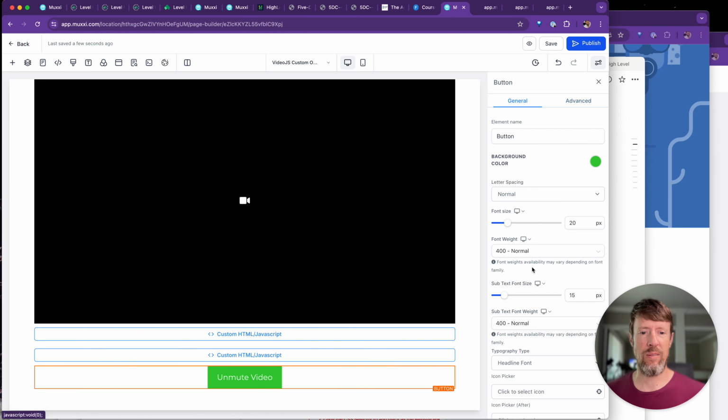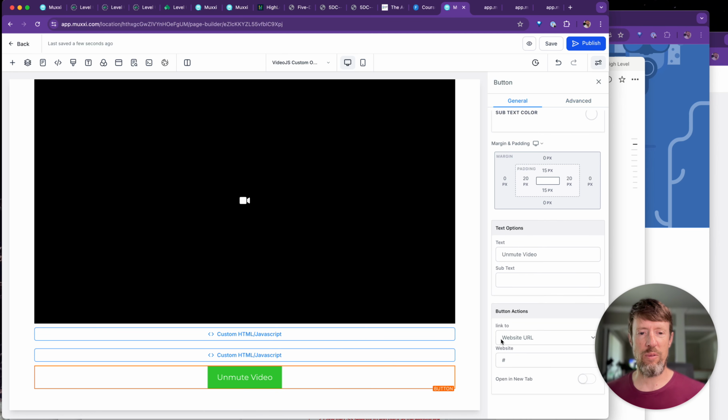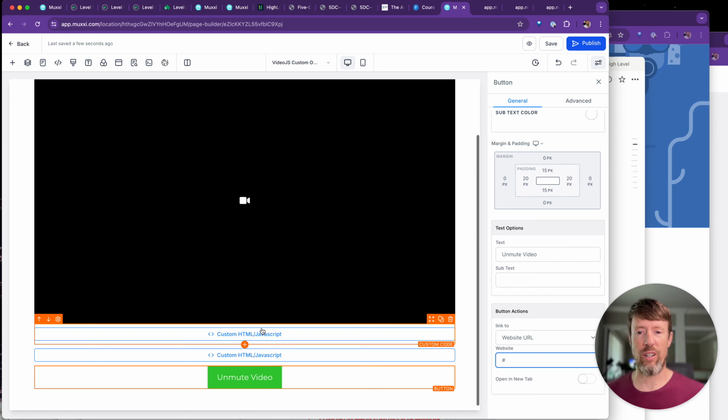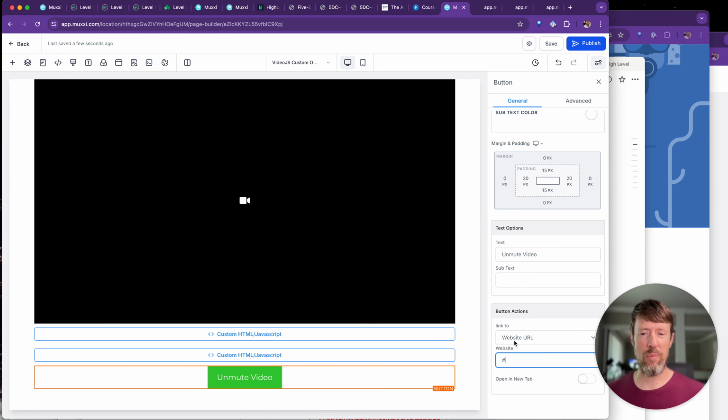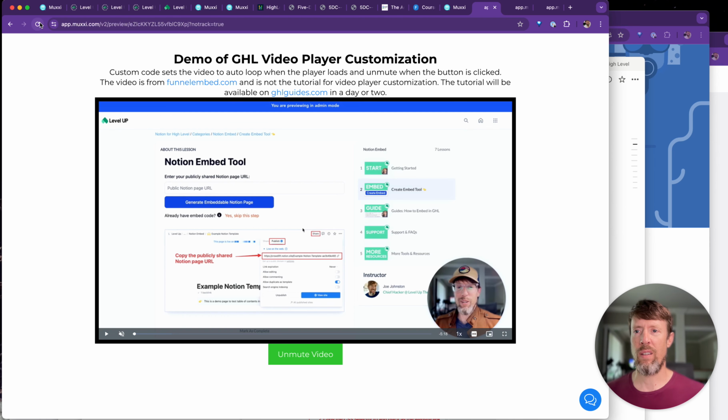And on the button itself here, I want to make sure that we set it to website URL, and then just put in the pound or a hash sign for it. And that guarantees then that High-Level will create this button as an A tag, which is what our code is looking for. If you set it to the pop-up, you might need to modify the code a little bit. You can still get it to work. But if you set it to website URL and hash, then the code template it provides should work just fine for you. So now if we save that